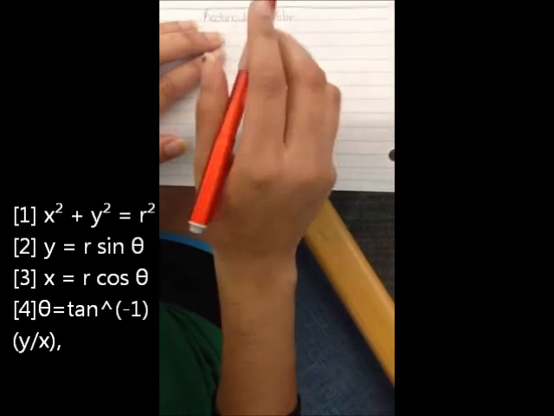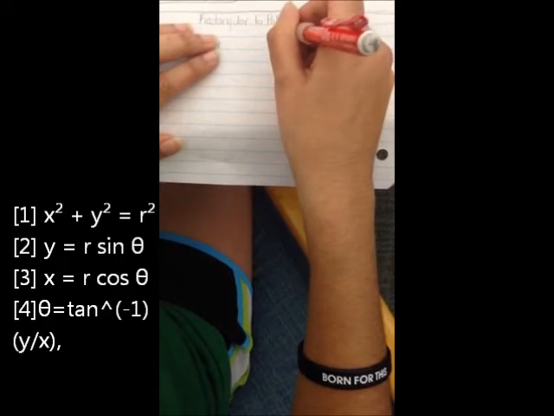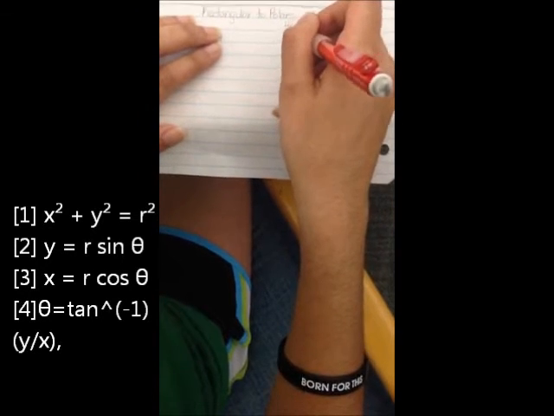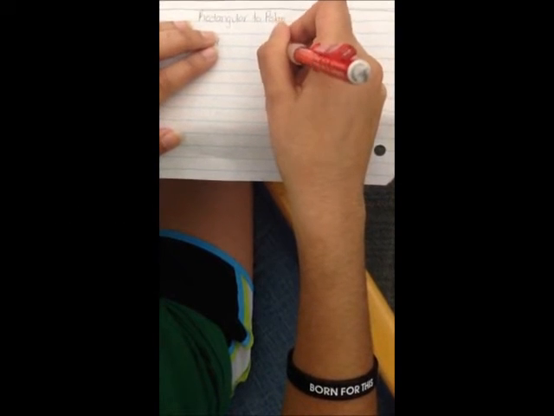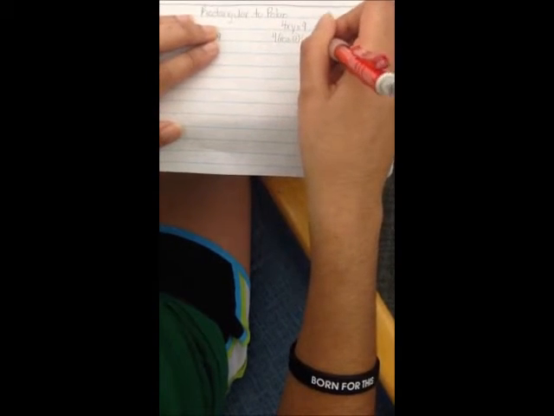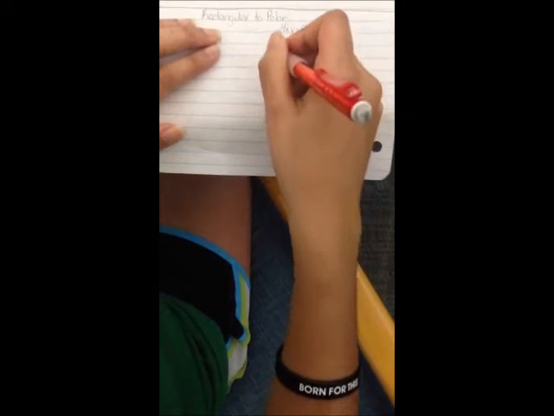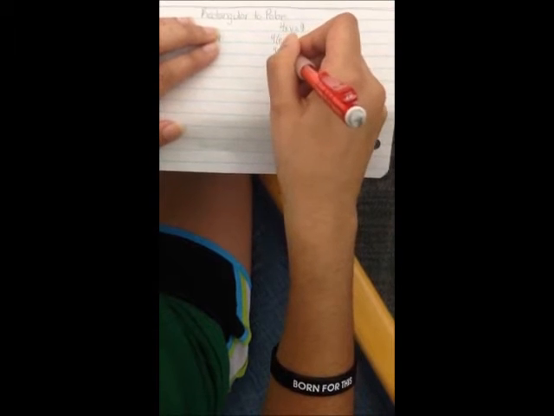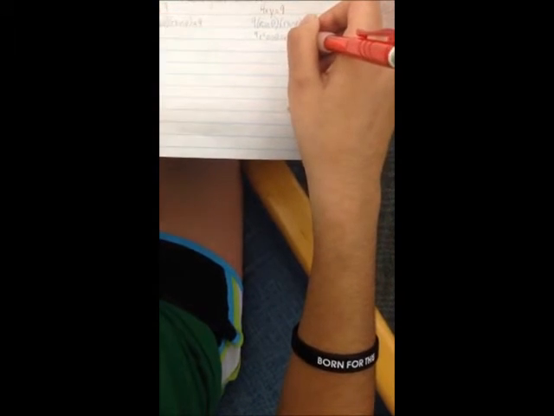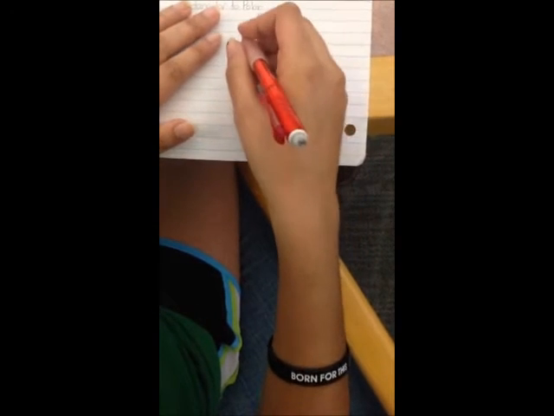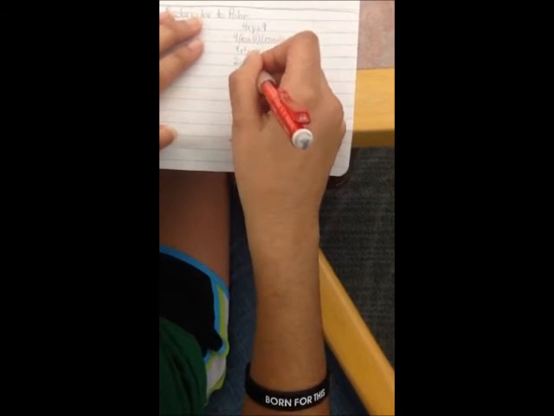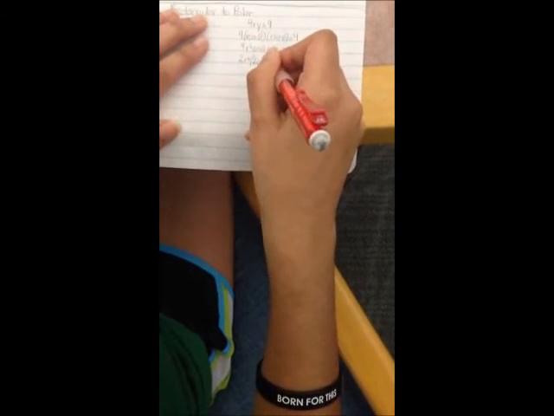This time, we have another example for converting from rectangular to polar, and the equation is 4xy equals 9. Like we've already said, x equals r cosine theta, and y equals r sine theta. So we're going to substitute that in over here for x and y. So r cosine theta and r sine theta. So if we distribute this across, we understand that the new equation is 4r squared cosine theta sine theta. Now, so that we can do this in a more efficient way, we're going to factor out 2r squared, which leaves us with an identity, which is 2 cosine theta sine theta